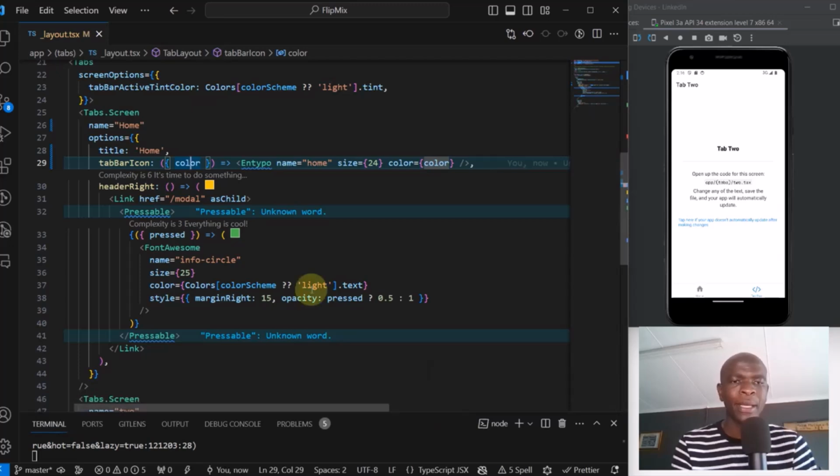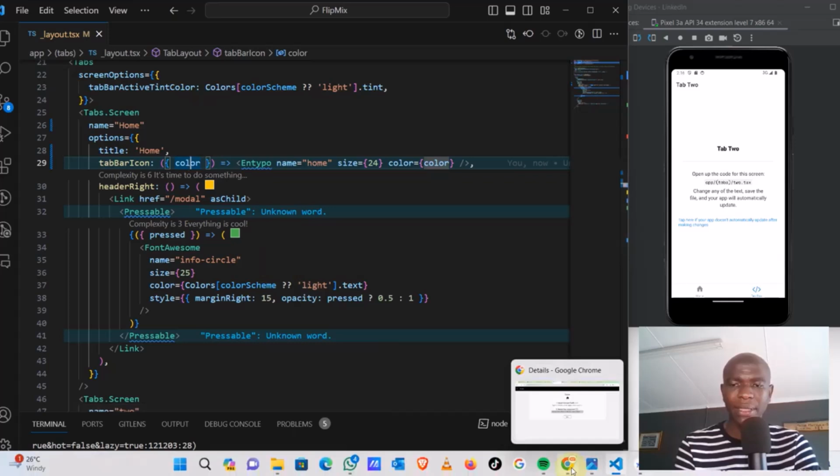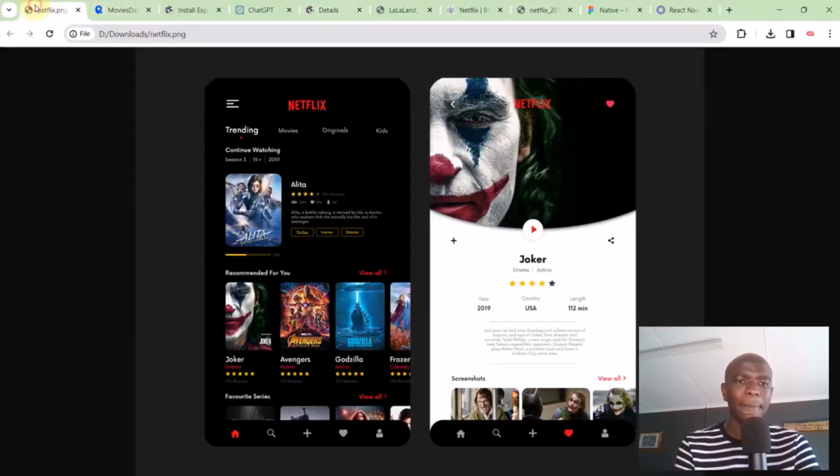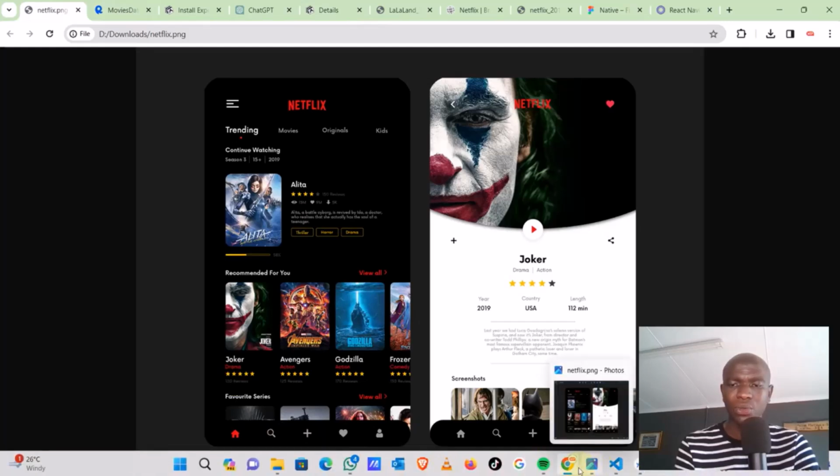So we are done with the first icon. Now let's continue with the second icon. Let's go to our mockup. So it's search plus and the heart. Let's go to